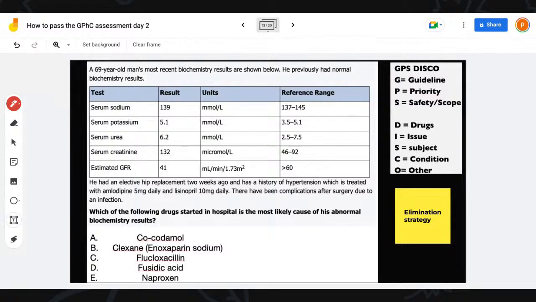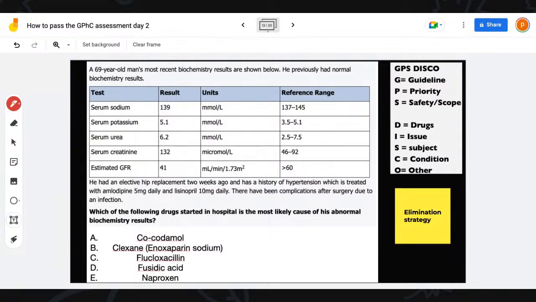Okay, great stuff. I've got different answers, but loads of E's coming up. Naproxen. Fantastic. I know that GPhC question is on there. And yes, it is naproxen, simply because, remember, we're going to use the elimination strategy. If we look at all of these drugs, the one that affects the kidneys, because the abnormality is with your serum creatinine, estimated GFR. That's why I said to you guys yesterday, you don't really need to be an expert in biochemistry and all of this. The questions will be more direct. So you don't need to know the details about NSAIDs and how they affect the kidneys and all your prostaglandins and all of that.